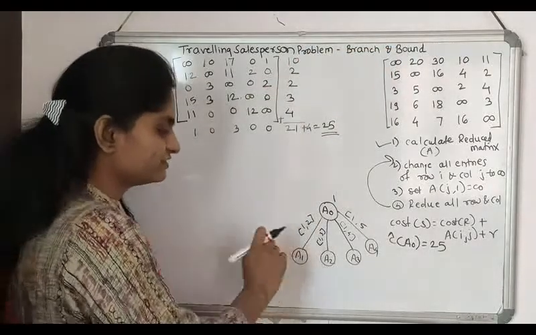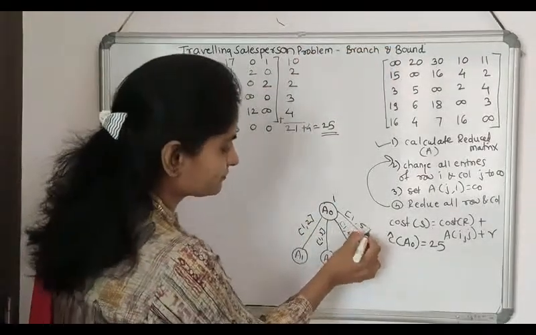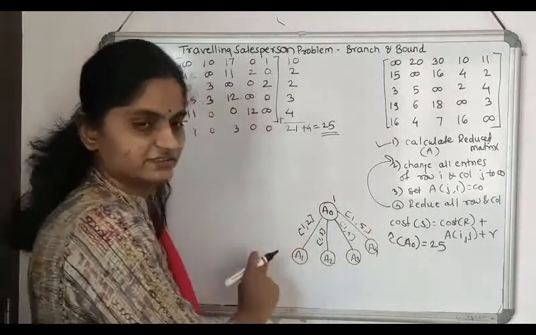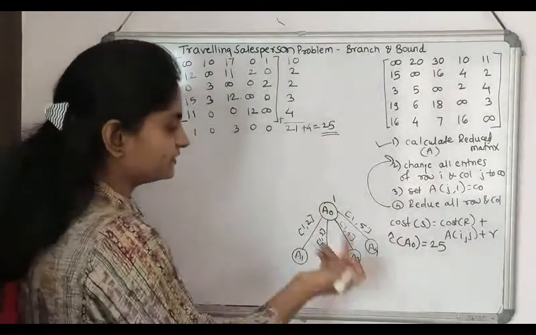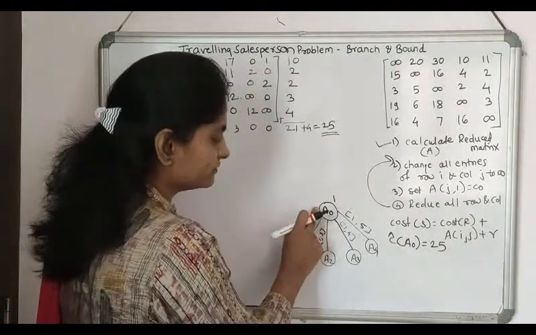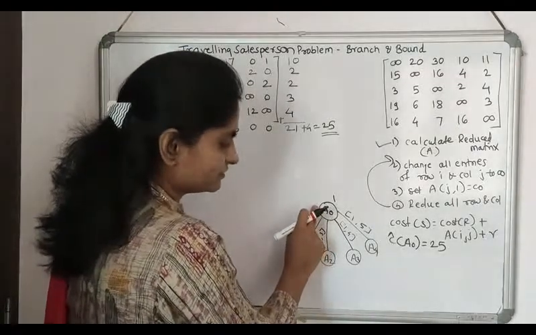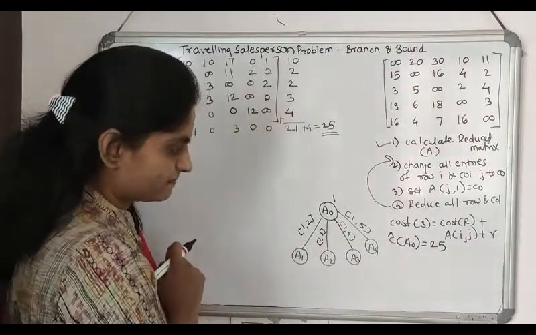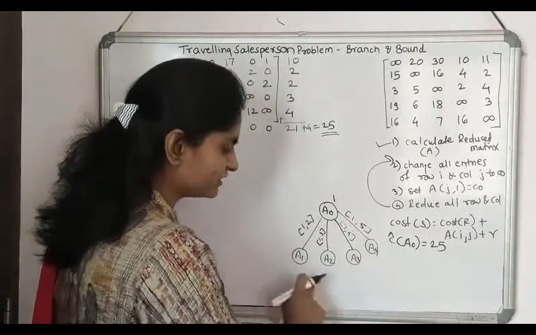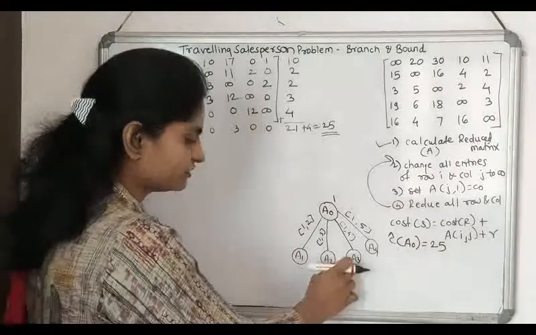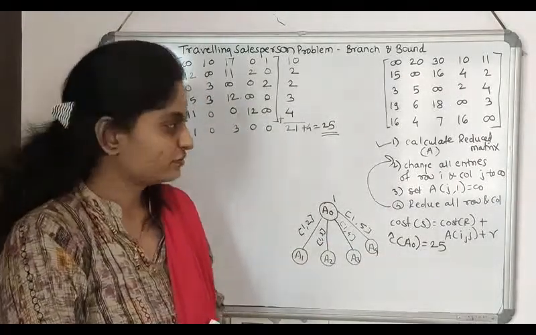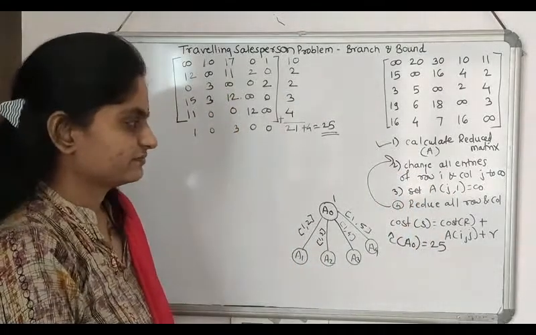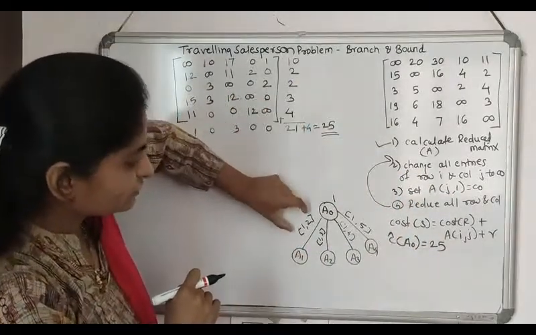Okay, that's why we are using this path here. The first vertex is what? 1. The path is 1 to 2. These are the possibilities. Then after that, the cost of this one is what? Cost of A0 is equal to 25. Then to calculate the cost of the others, A1, A2, A3 and A4, we use these steps. Okay, then the path is 1 to 2.